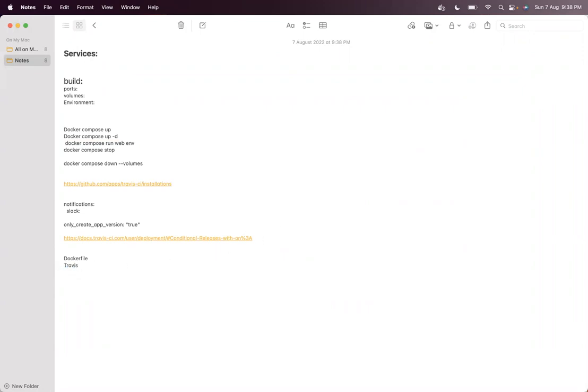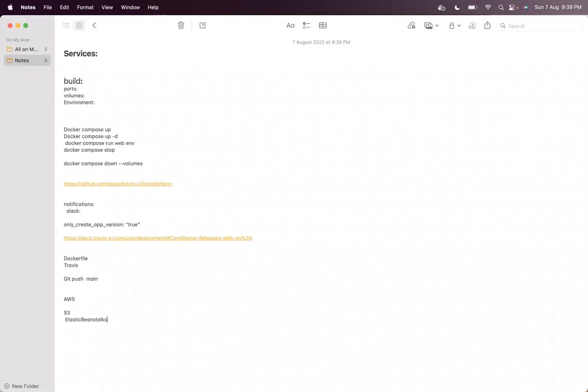Whenever we use Git, we do a commit and a push. When we do a push to Git, we want Travis to pick up this pushed commit. Suppose we push on the main branch; on pushing to the main branch, we want Travis to pick up this particular build and try to build it. After the successful build, we want Travis to deploy it to AWS. In AWS, we are using two services: the S3 service and Elastic Beanstalk.